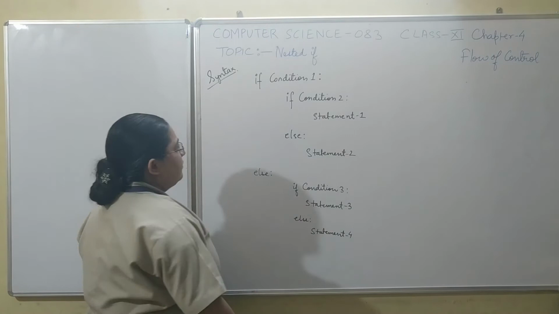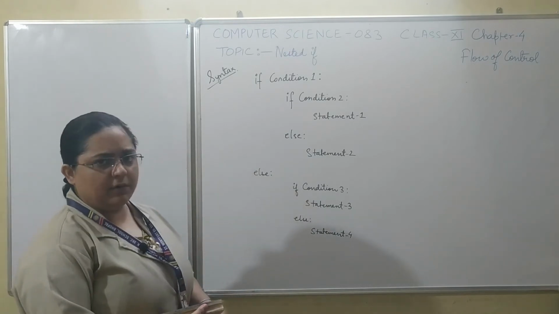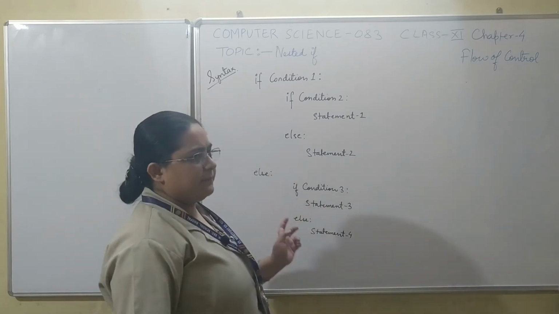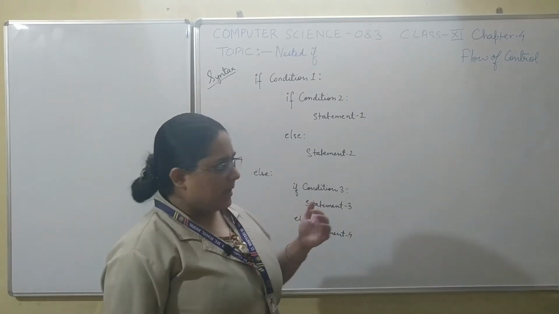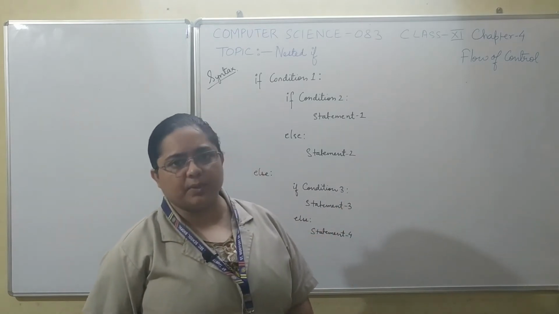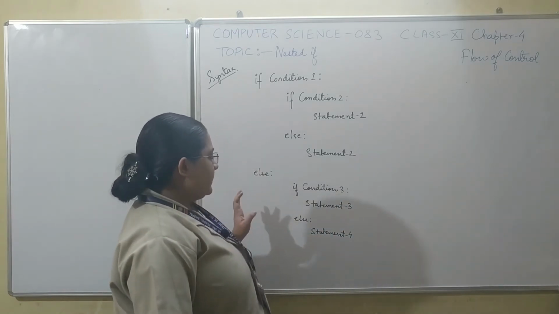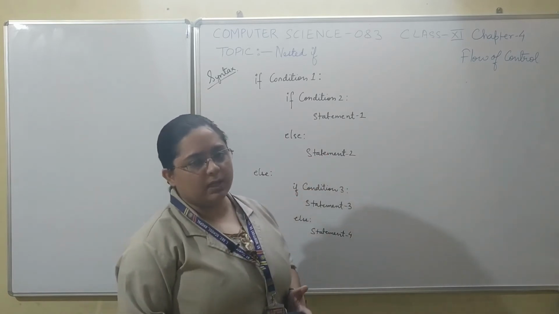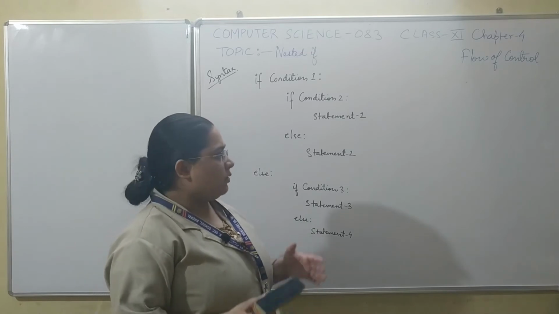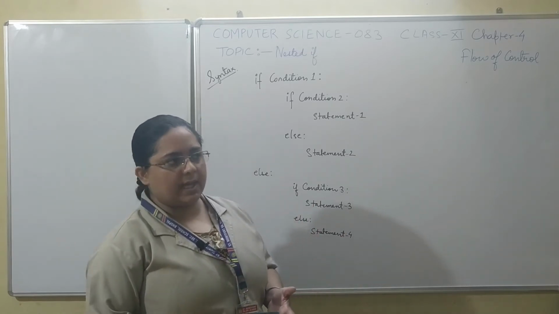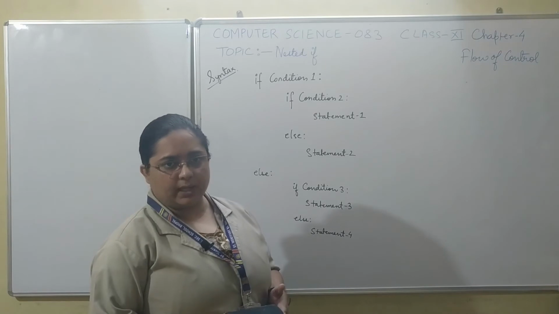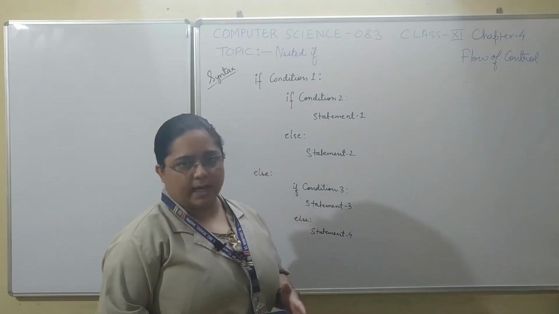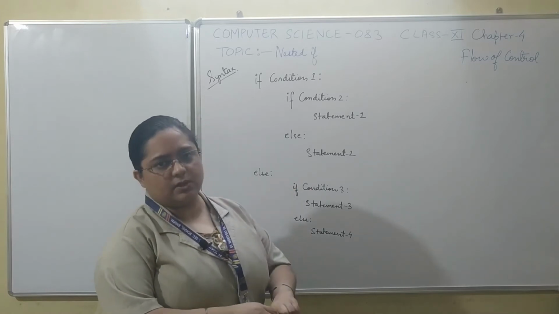So you can see over here that this is the general format of a nested if. Now it is not always necessary that the nested if format will always be like this. It will keep on changing from time to time. But it will change only according to the problem which you are solving right now. So that problem, its conditions, how many conditions you want to take, and how you are going to deal with that problem, it will always depend upon that. So this is just a general structure of nested if.